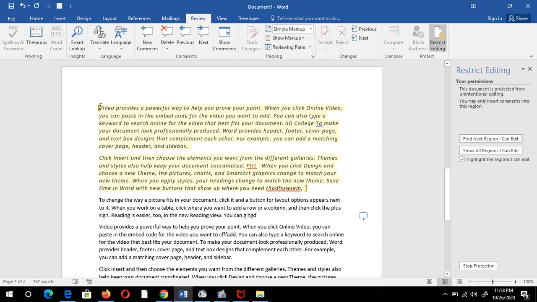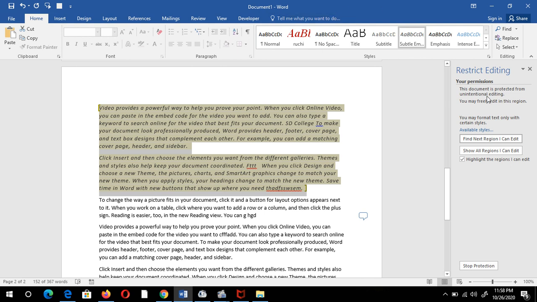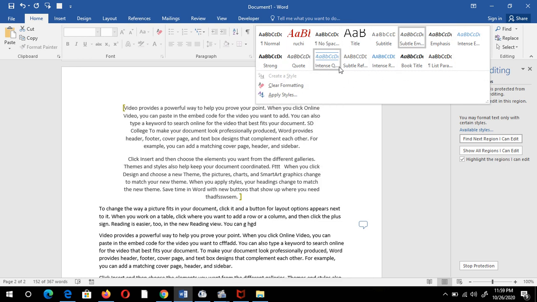Now see, if I want to change the style of this paragraph, how can I change it? Click on the Home tab. Under the Home tab, you can see the Styles group. In this Styles group, there is no Heading 1 and Heading 2 because I deselected them earlier when I changed the formatting settings. Everything else is here.